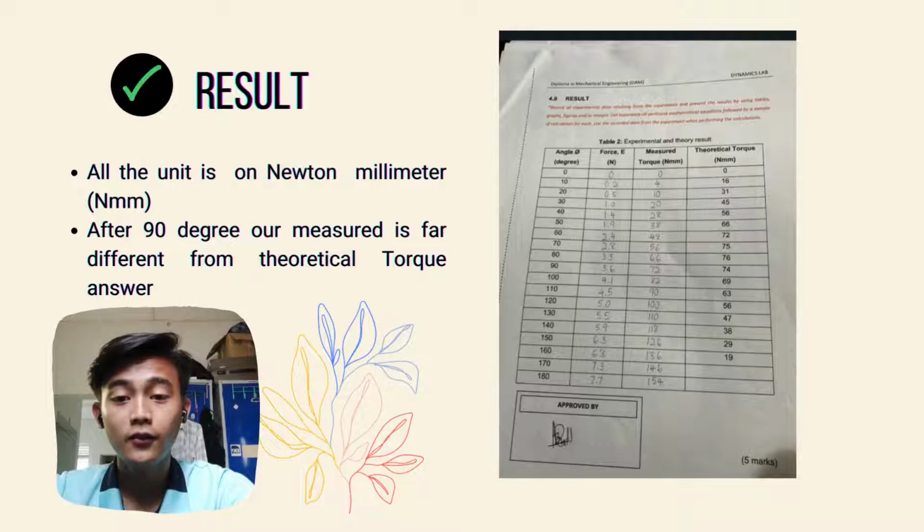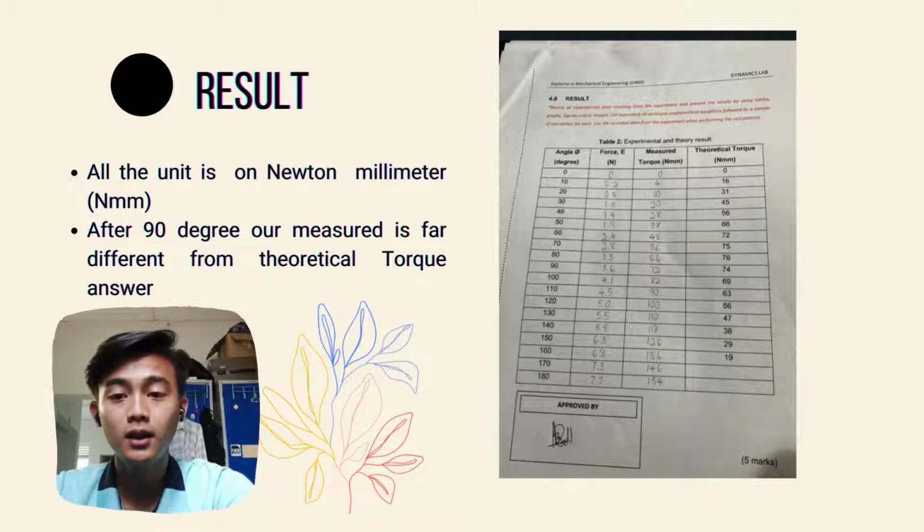At 80 degree, the force is equal to 3.3 Newton, and the measured torque is equal to 66 Newton millimeter. At 90 degree, the force is equal to 3.6 Newton, and the measured torque is equal to 72 Newton millimeter. At 100 degree, the force that we get is equal to 4.1 Newton, and the measured torque is equal to 82 Newton millimeter. At 110 degree, the force we get is 4.5 Newton, and the measured torque is equal to